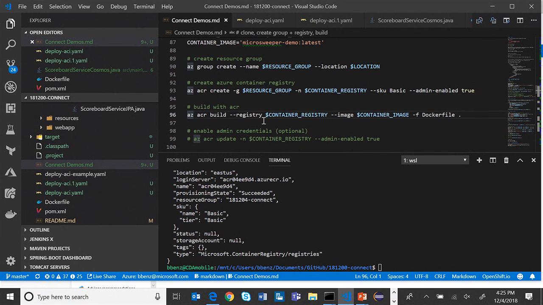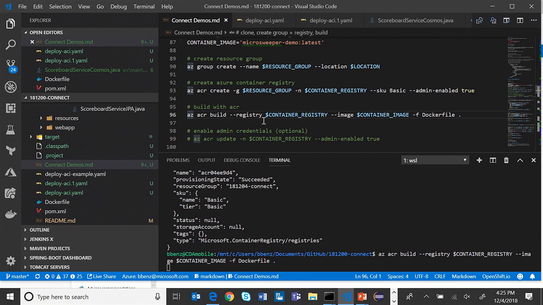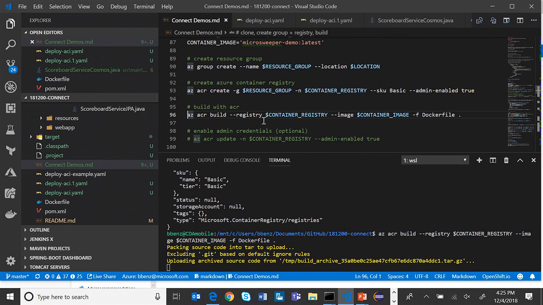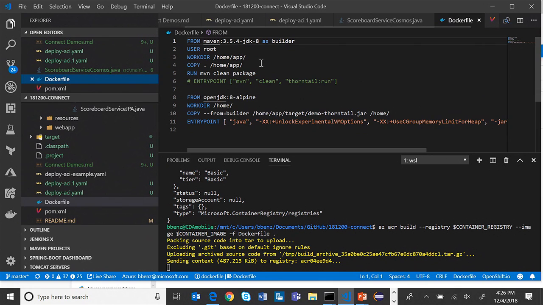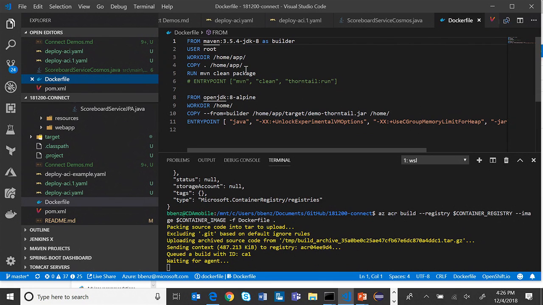Now this is a cool one. Let me start this off because it takes a couple minutes. So this is an AZ ACR build, and this is built on top of Docker build. And what that does is it's actually going into, let me show you the Docker file here. It's going to take a little while to run. But while it's running,